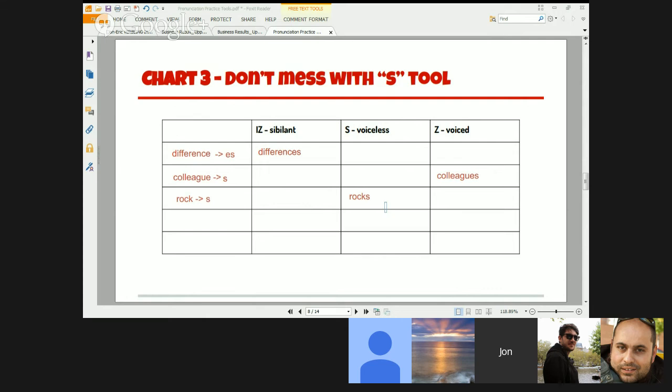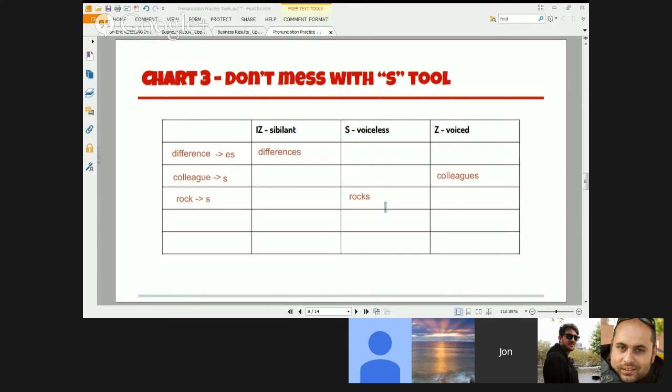Same thing, Jose. Let me hear the three words. Okay. Differences. Rocks. Good. Colleagues. Colleagues is good. And the second one was? Rocks. No. Listen. Not rocks with an R, but listen. Rocks. Yeah, that was it. It's good. You have to say it slowly, but that's good. And the same with you, Fabio. All three.